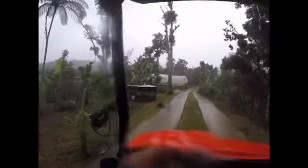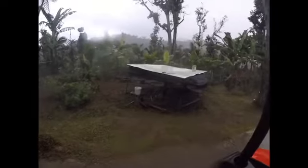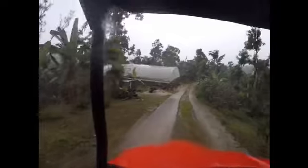This is our chickens. One of the chickens is out, and I'm gonna have to come back and get her in. Poor thing is getting wet, but I'll get her in a second. So this is